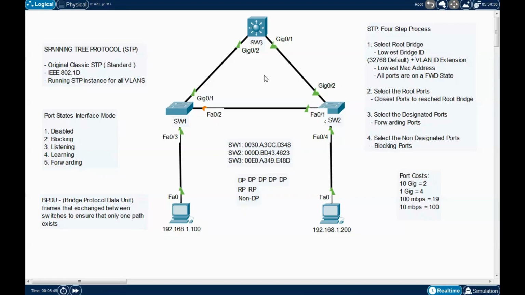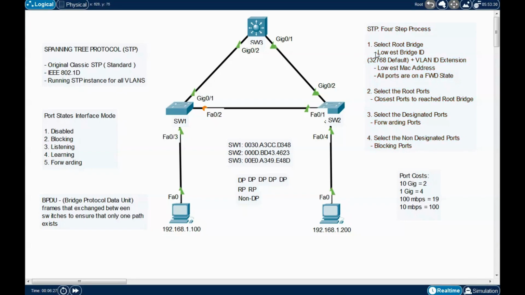Well, how is STP working on a network? So these are the three switches. If STP is enabled, they are actually talking to each other using STP messages, which are the BPDUs. They try to talk to each other, and we have here a four-step process for STP. Since they are exchanging messages using BPDUs, they're trying to